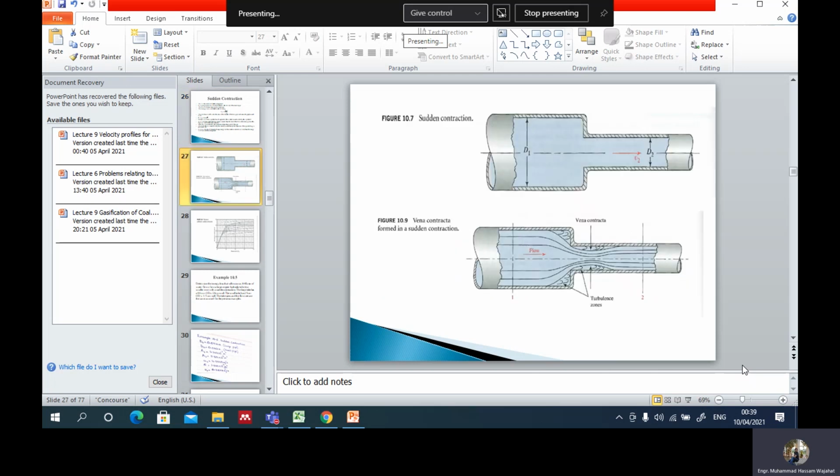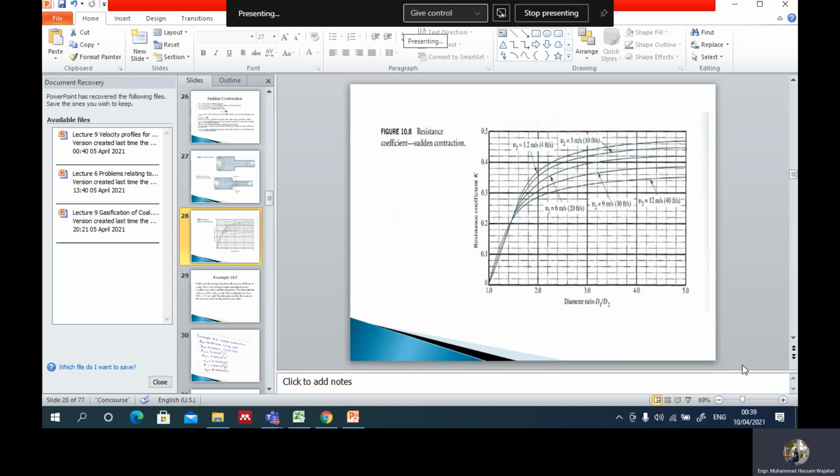These two diagrams I mentioned to you. Look at this diagram. It is similar to the velocity diagram of sudden enlargement. You need to find out the diameter ratio d1 upon d2, and you need to find out the velocity. In this case, it is velocity u2. Over here, you can clearly see that this graph says u2, but in layman's language, you can simply say it is the velocity of the smaller pipe.